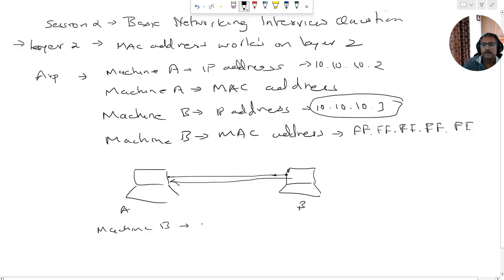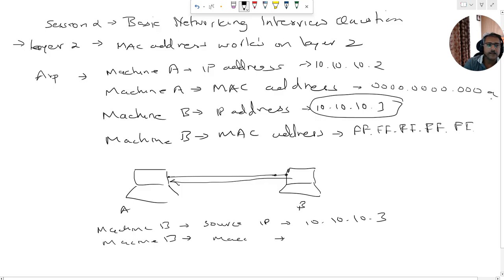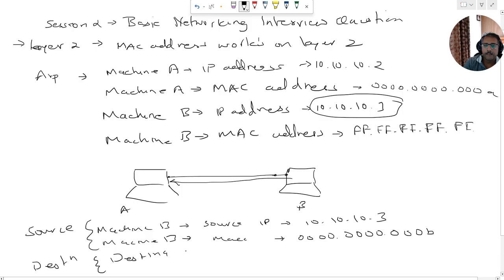Machine B will respond back. The source IP address of machine B is 10.10.10.3. Source MAC address of machine B will be, for example, here it is 0000.0000.000A for A. Here it will be 0000.0000.000B. Okay, and what will be the destination MAC address? This is now the source. Now what will be the destination? Destination A IP address will be 10.10.10.1 and destination MAC address will be